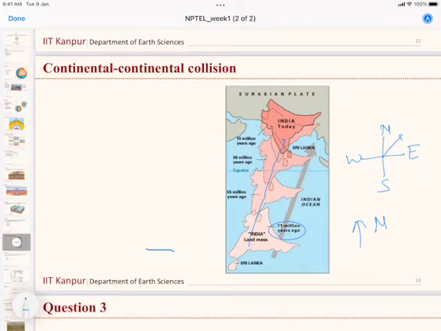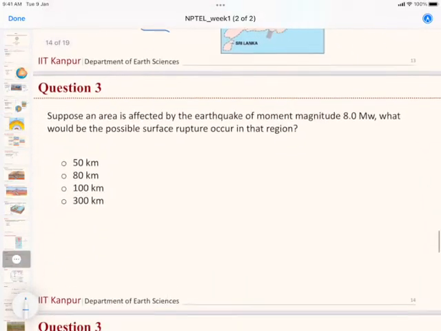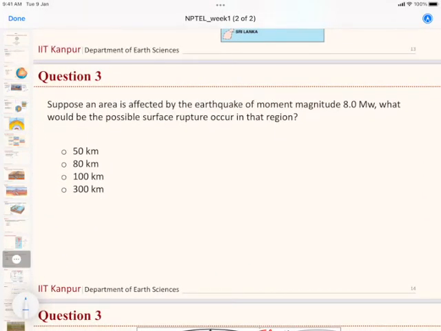Now moving to the third problem that I have taken to explain to you. It's related to the earthquake. Suppose an area is affected by an earthquake of moment magnitude 8. What would be the possible surface rupture in that region? So to answer this question,